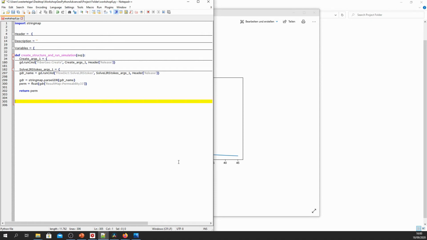And now, first thing we want to do is define a target permeability. So let's define a variable called target_perm equals 10e-12. So that's the permeability that we want to hit. Also, we'll define a minimum and a maximum SVP, which basically makes up our search space, which is being considered in the optimization. So let's say SVP min is 5 and SVP max is 50. Now what we're going to be doing is a bracketing search.